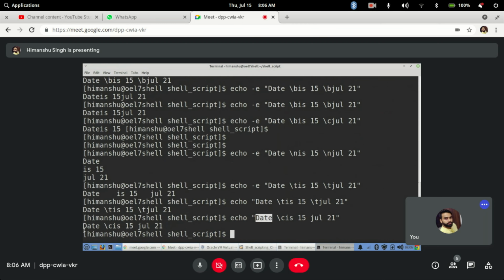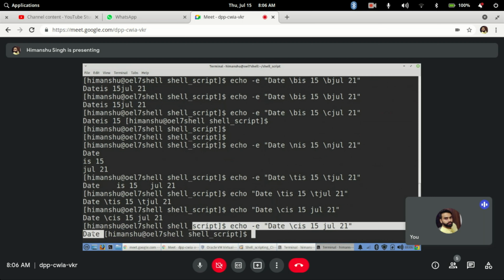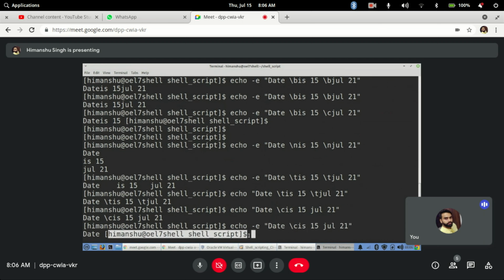Oh, I have not given e. Hyphen e is for interpreting. See, it has just printed till here before the \c arrives. After \c it will not print anything, and it will just print in the same line itself. The command prompt will also be printed in the same line.